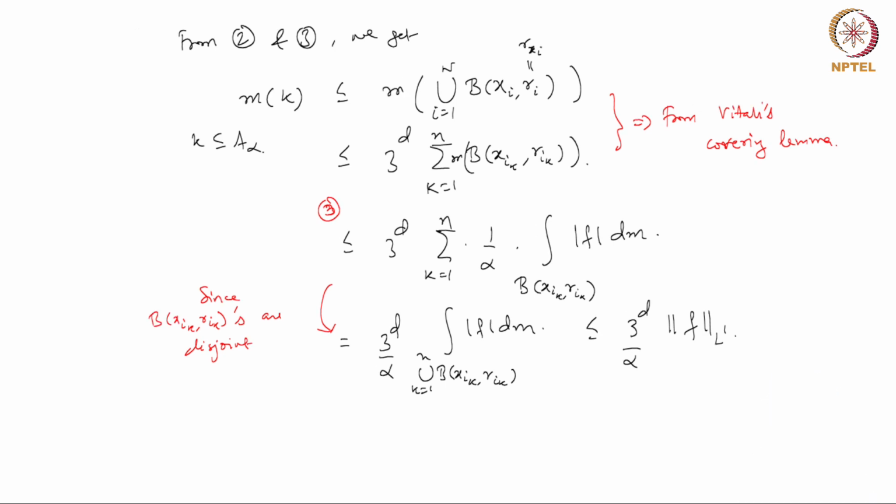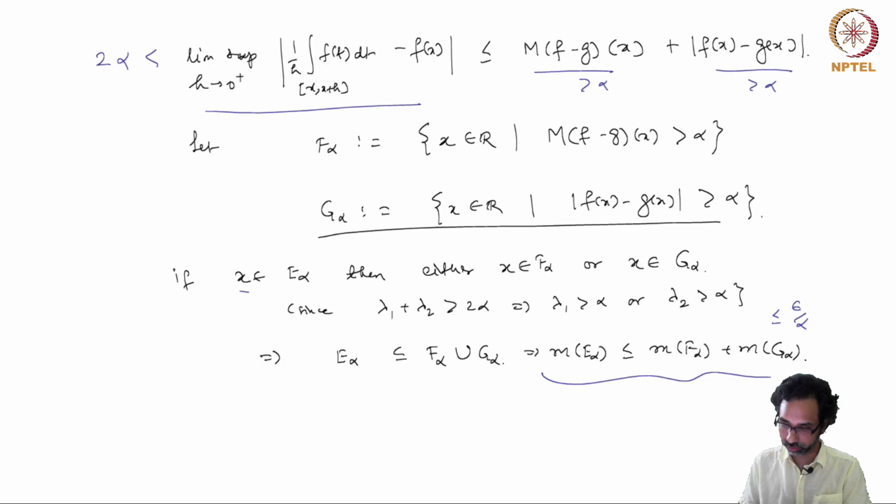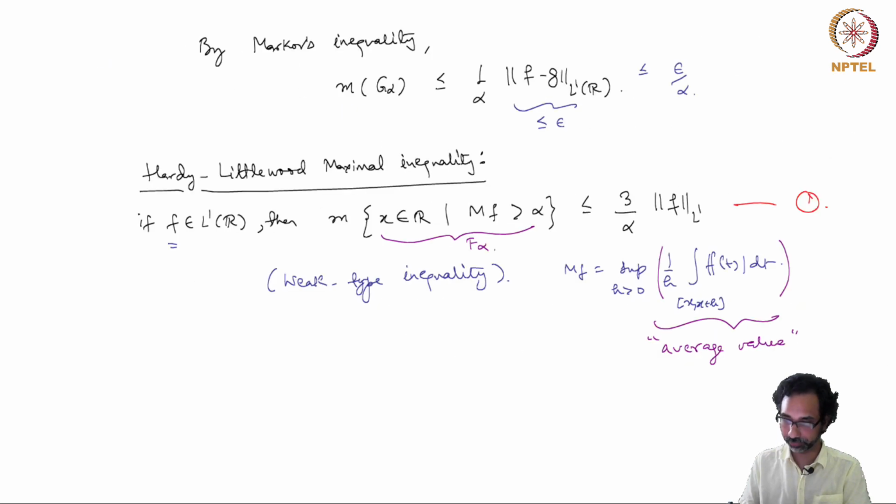So this completes the proof of Hardy-Littlewood maximal inequality in R^d. And now we would like to go back to our proof for the Lebesgue differentiation theorem, which we stated only for dimension 1. And what we wanted there was a bound on this maximal function, or rather a bound on the measure of